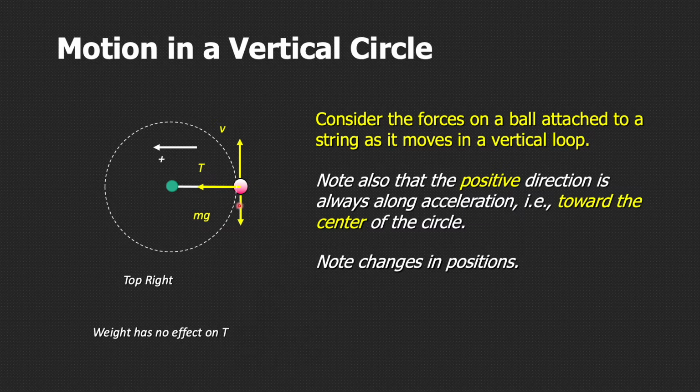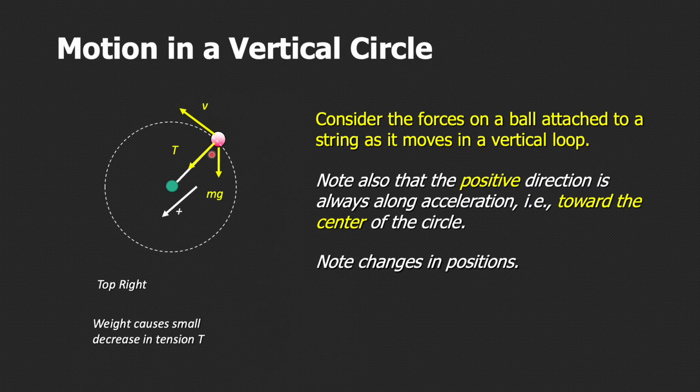The weight is on the y-axis, while T here is on the x-axis. But if the ball is here, the weight causes a small decrease in tension T, since there is a component of T that is parallel with mg, that decreases the amount of tension on the string, since it helps a bit with